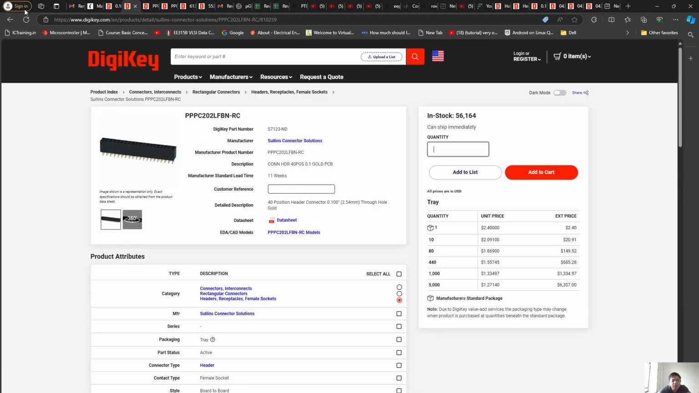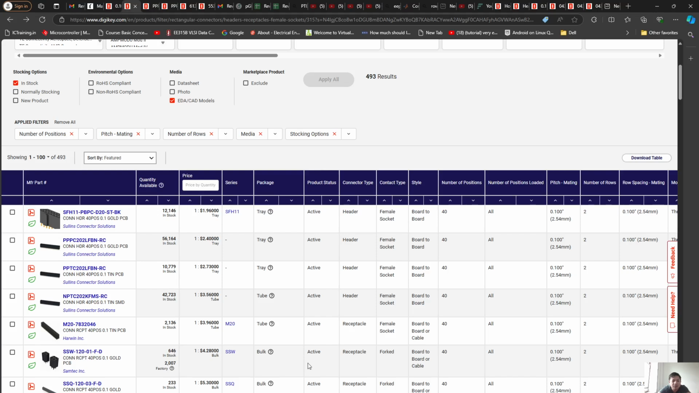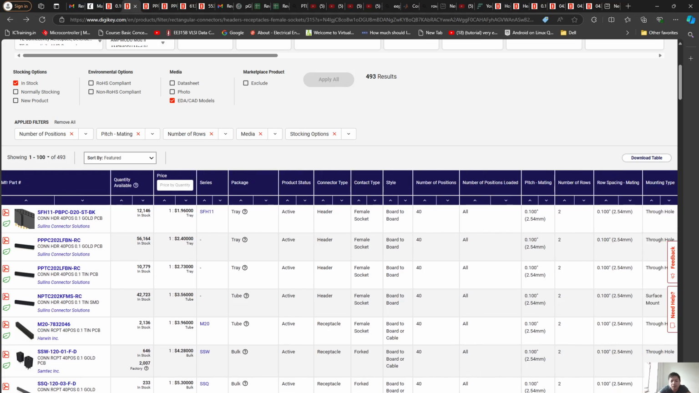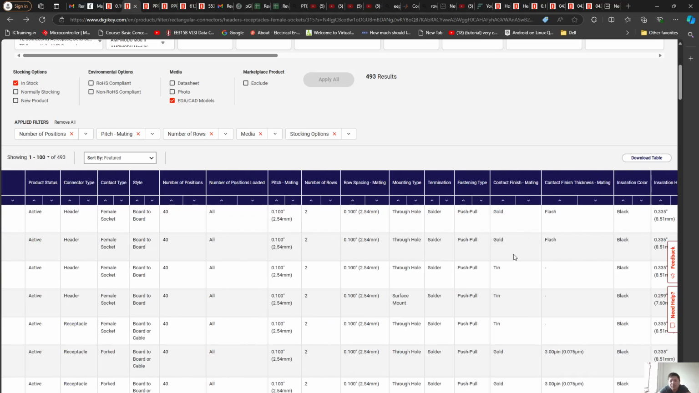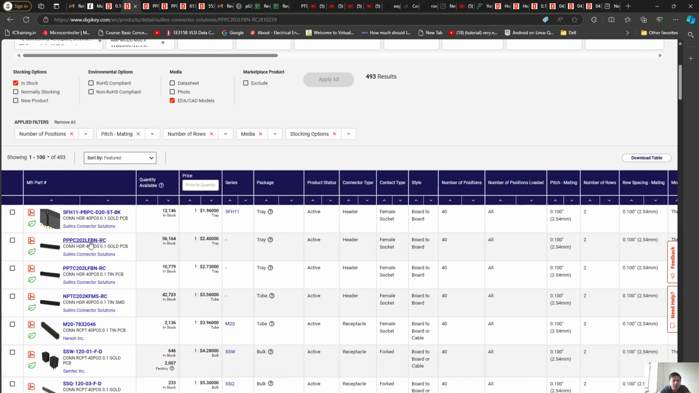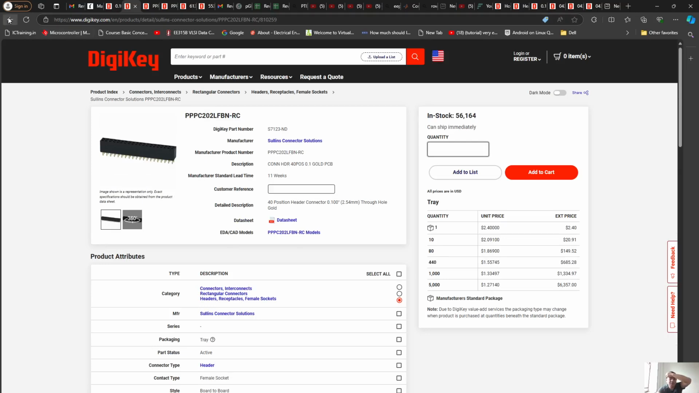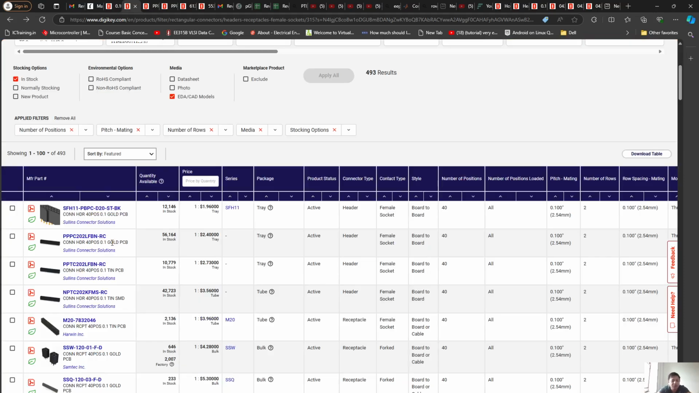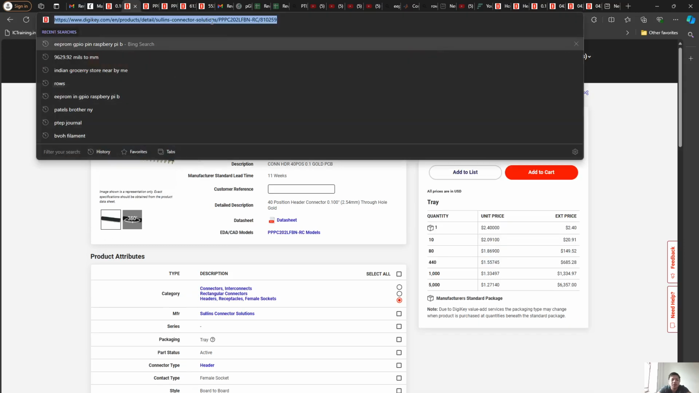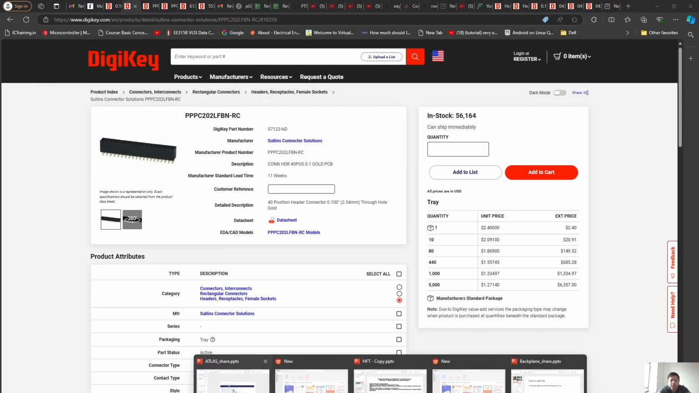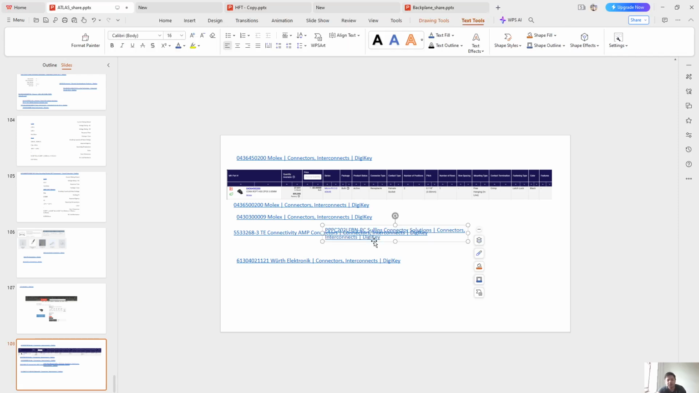And one more thing which might be important for designers is the coating finish, contact finish gold. So this might be important as well. I'm pretty surprised that gold coated is cheaper as compared to tin. Anyway, so this is the second part that we looked for, and the third one is